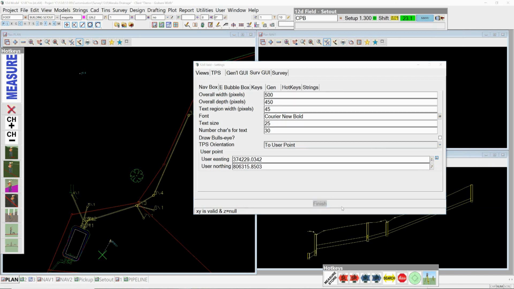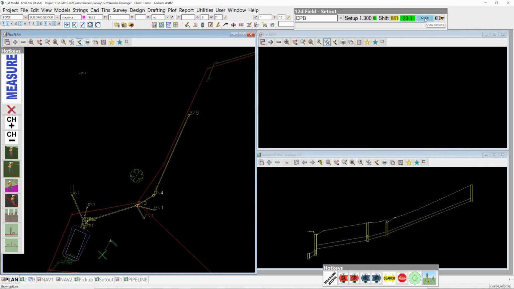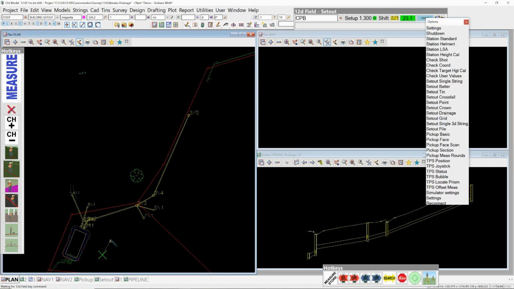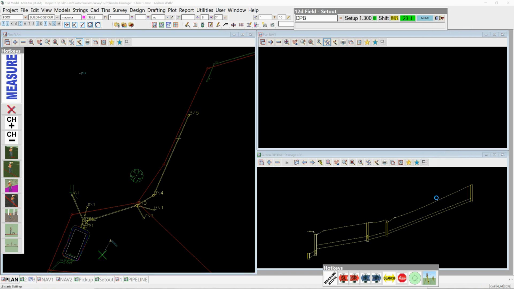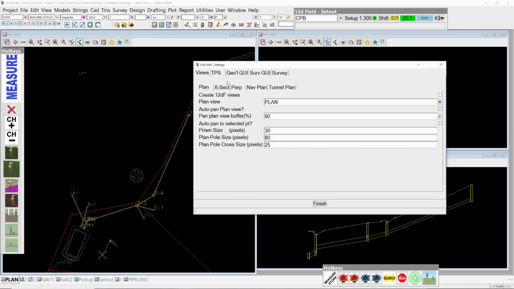Okay, so what I'll do now is I'll just have a look at the drainage side of things, and if you look at the menu, I've got most of the menu up here on 12D Field. It's quite long, and for those with a low pixel size screen, quite often that'll extend down a little bit too far. So what you can actually do with the settings, and I have mentioned this in the past, is with the